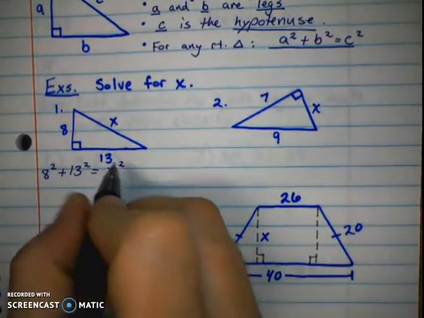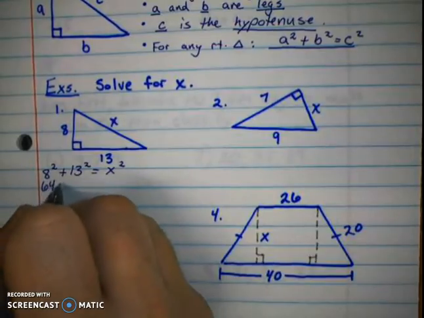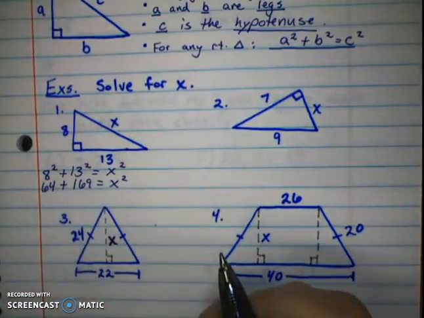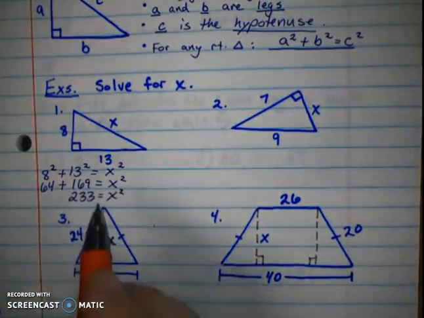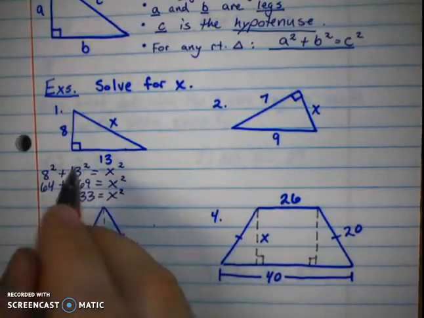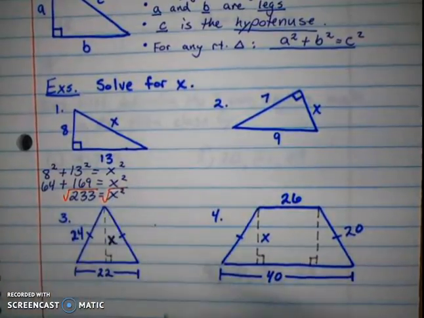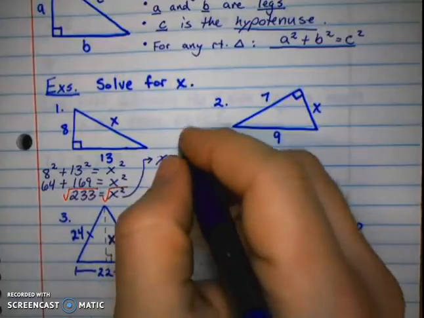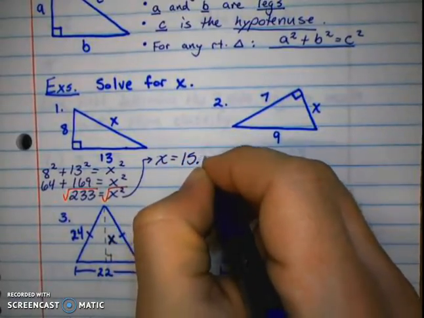Okay, I'm going to go through and solve this. We can do these separately. 64 plus 169 equals x squared. We can add these together, and we get 233 equals x squared. Now, to solve for x, we need to take the square root of both sides. And so when we take the square root of 233, x equals 15.26,